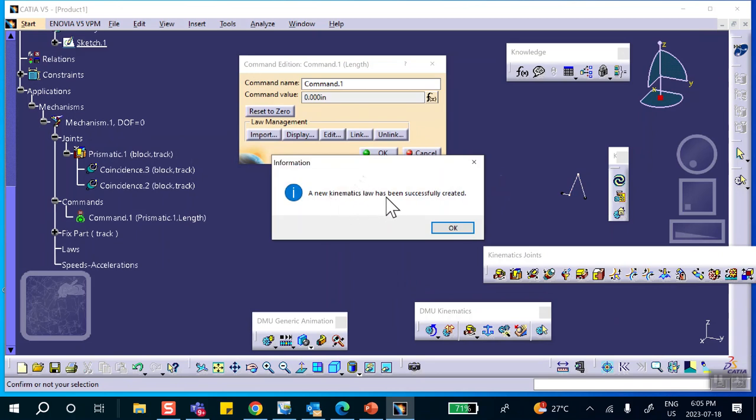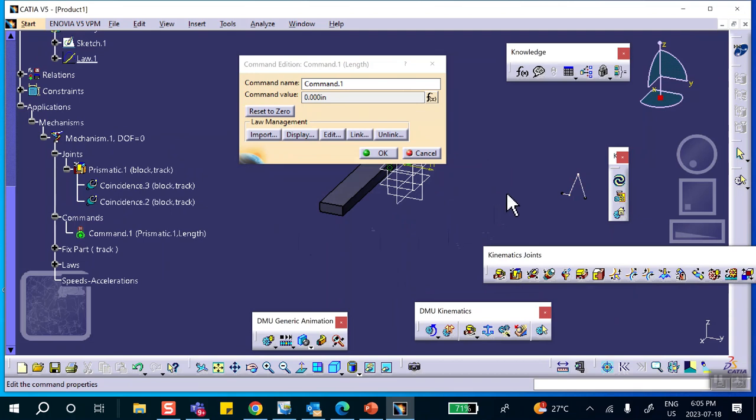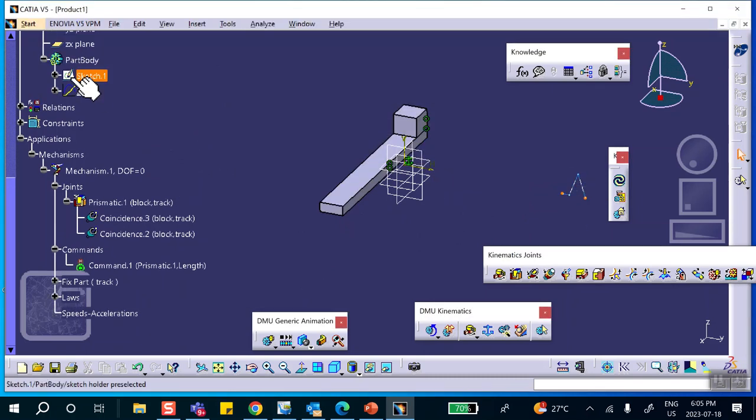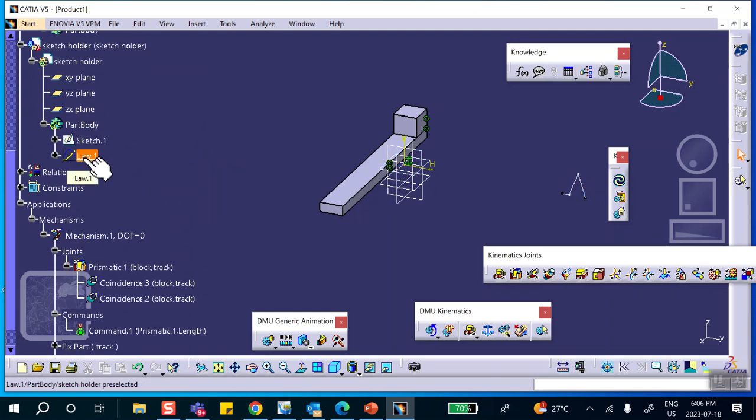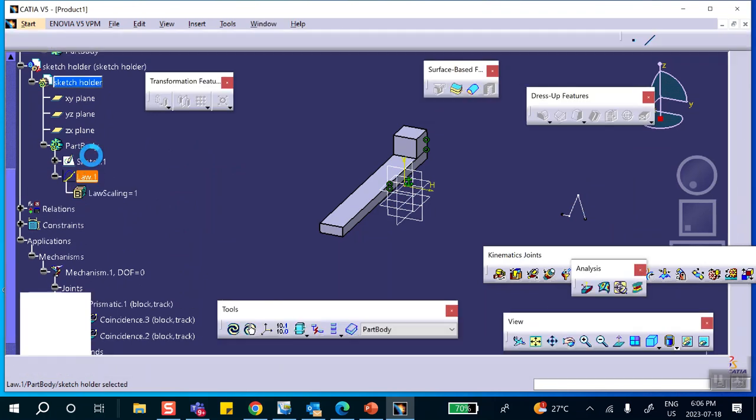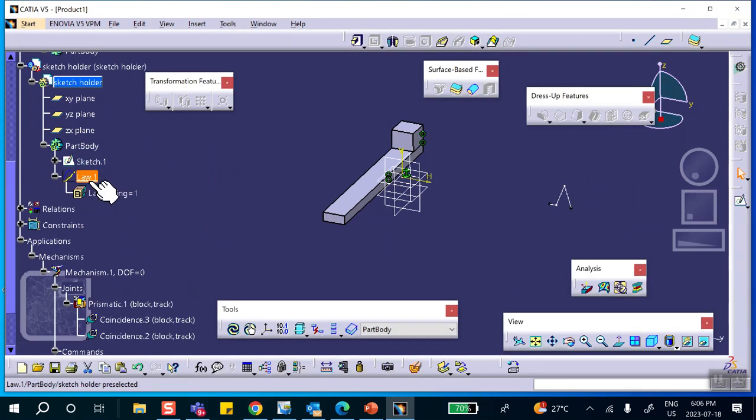A new kinematic has been successfully created. We say OK. Now, how does it know that the height, though, should be scaled up by 20, because this height is 1? We say OK, no problem. Notice that in the tree, underneath that sketch, something called a law has been created. If you double click on it, you see, one more time,